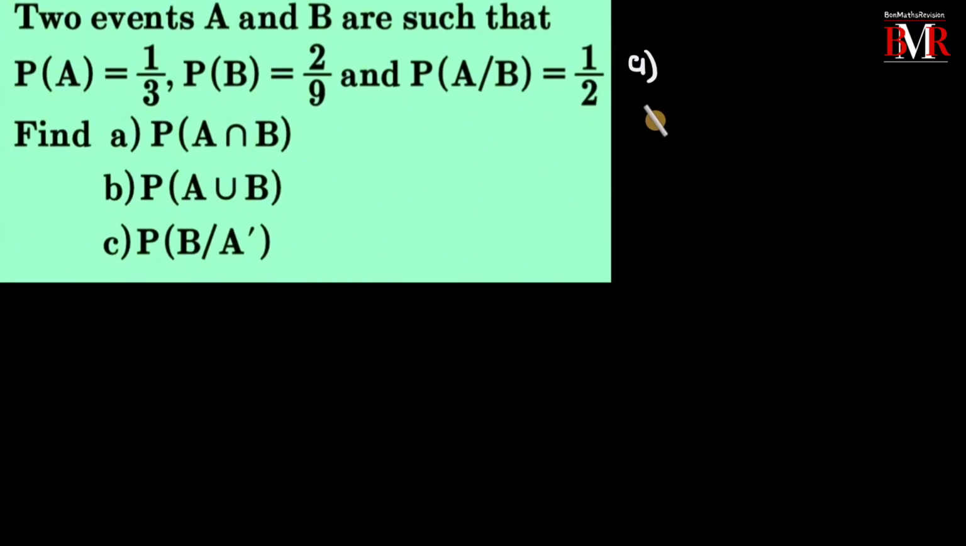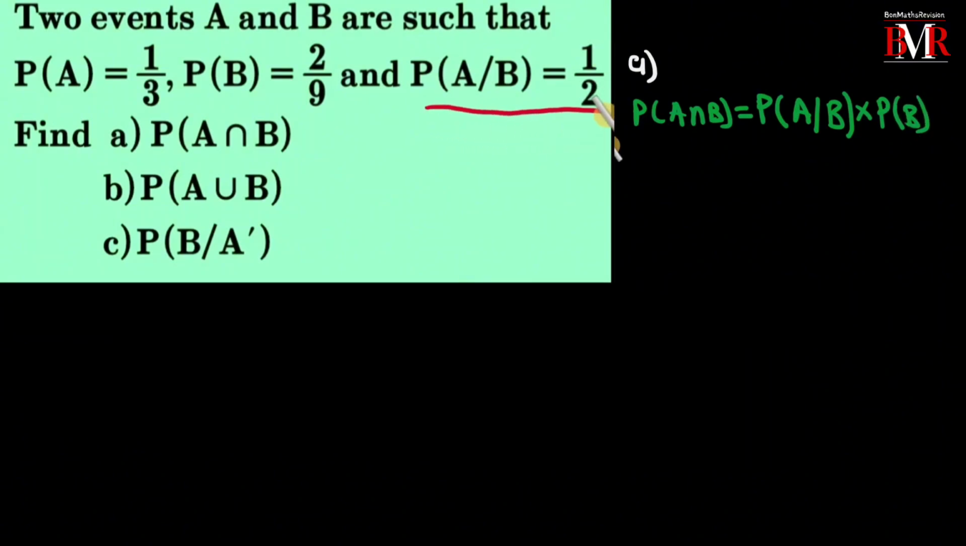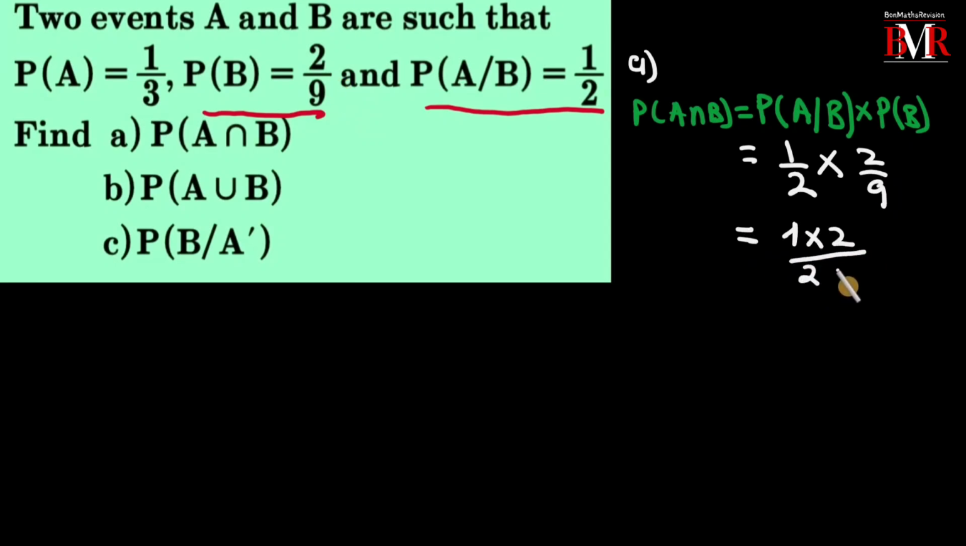You know, from the definition of conditional probability, the probability of A intersection B is equal to the probability of A given B times the probability of B. The probability of A given B is 1/2 and the probability of B is 2/9. Substituting this information in this formula, I will write 1/2 in the place of the probability of A given B, times the probability of B, which is 2/9, and then I will have 1 times 2 all over 2 times